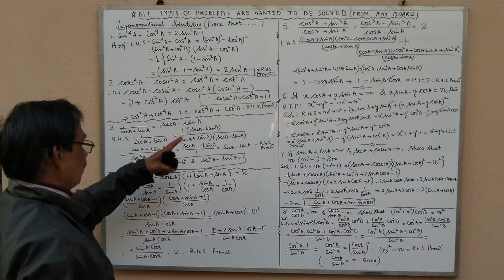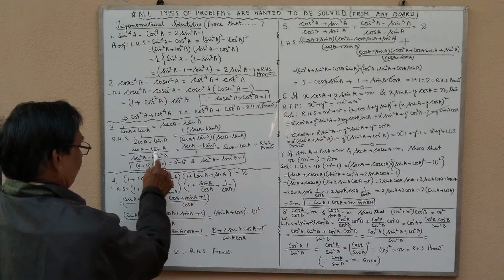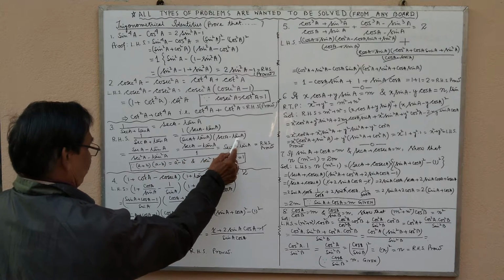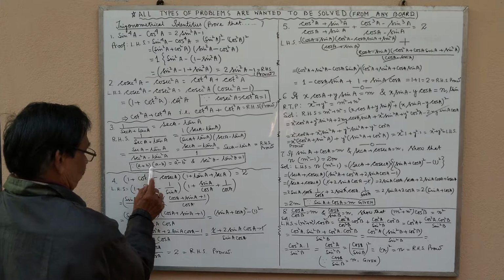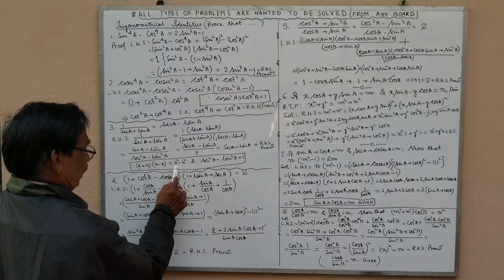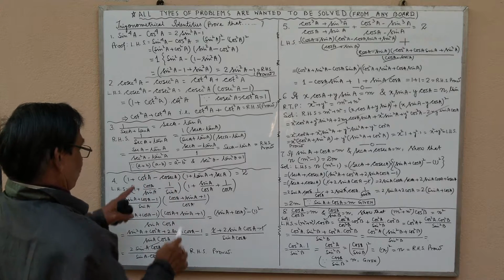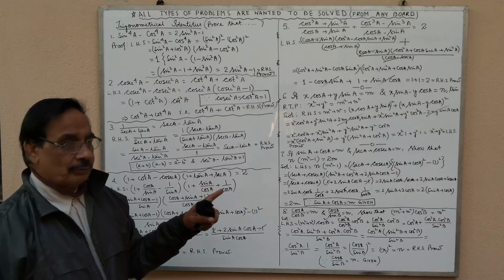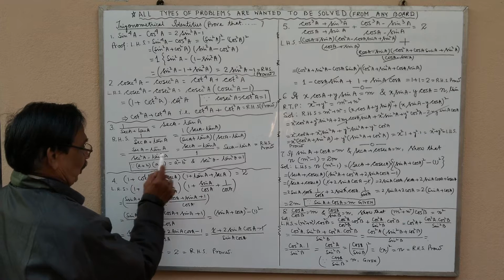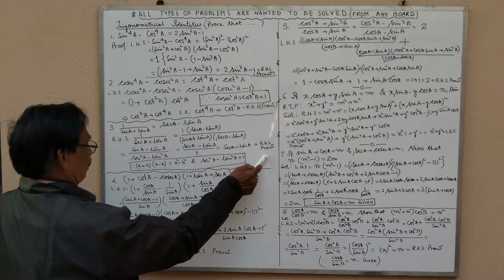Multiplying both the numerator and denominator, it will be sec a minus tan a in the numerator, and in the denominator sec a minus tan a and sec a plus tan a. This is (a plus b)(a minus b), which we have discussed, equal to sec²a minus tan²a, that is a square minus b square. We know that sec²a minus tan²a equals 1, from the previous day's trigonometrical formula. So it is sec a minus tan a. It is proved.